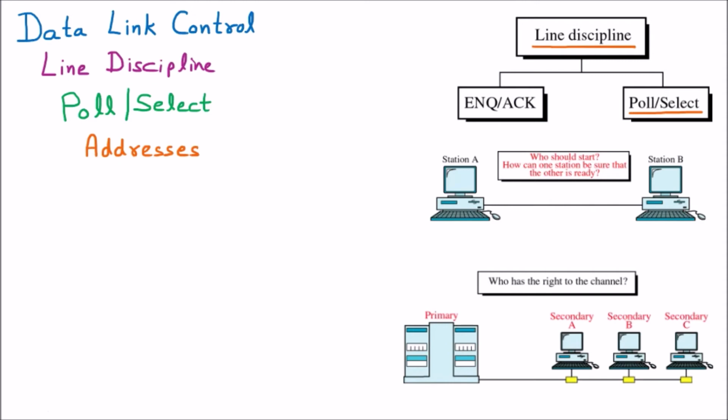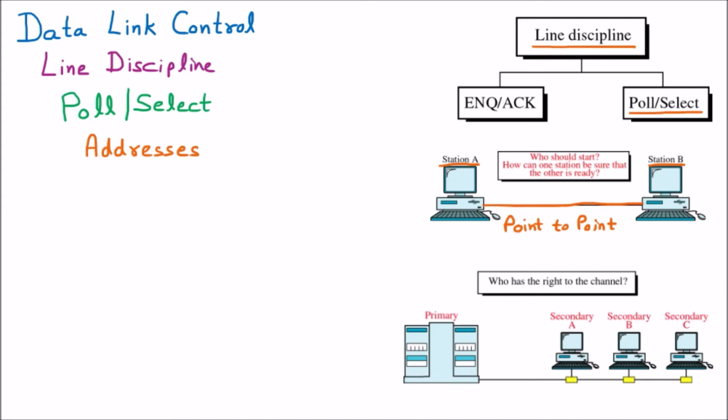So here in the diagram, the first configuration we have is the point to point. In the point-to-point configuration, we can see that there is a single station which is connected to another station, and there is a single wire in between them. So there are two devices connected with one wire, and that is called the point-to-point configuration. And if you talk about point-to-point configuration, then there is no need of addressing, because transmission by one will be